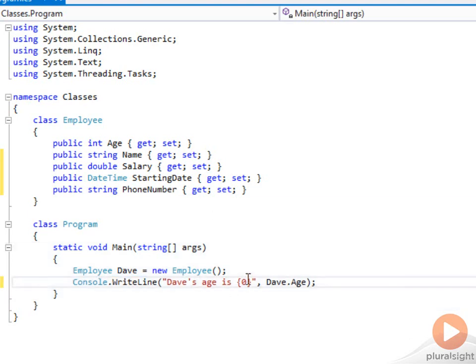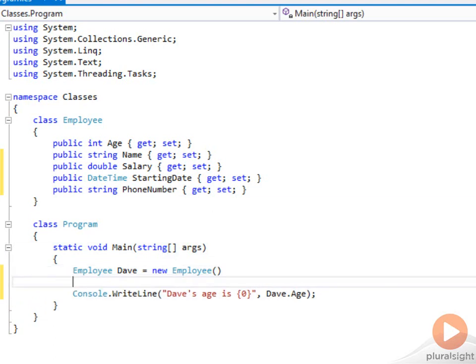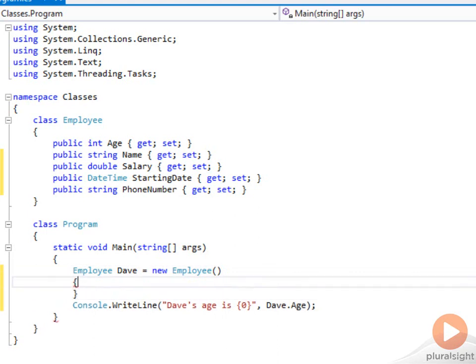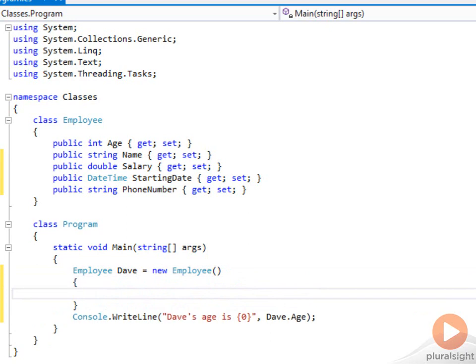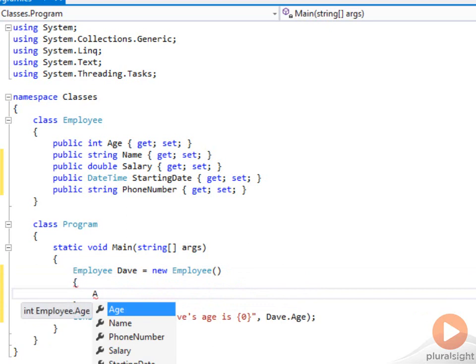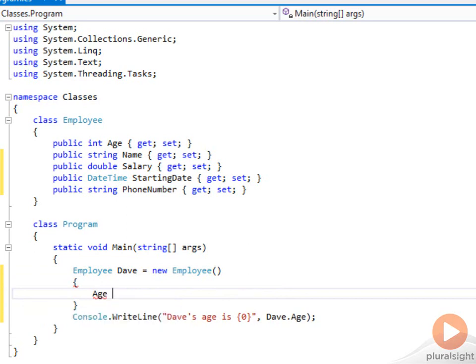To do that, let's delete the assignment and the semicolon after new employee and create braces for the initialization. Within those braces, I can initialize any or all of the properties. And notice that IntelliSense in Visual Studio tries to help by showing me a list of each of the properties. So we'll set age equal to 35, comma,